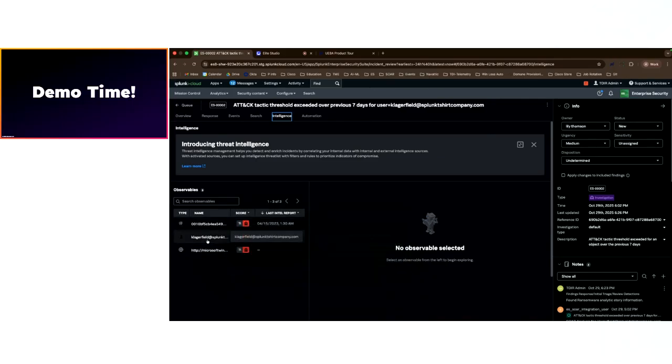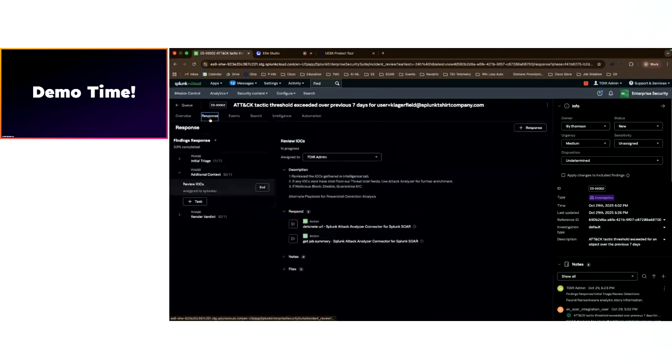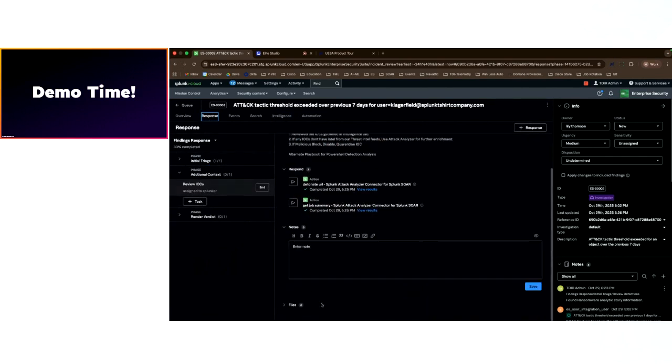We have the specific internal user K Lagerfeld, but then we have also confirmed by using the Attack Analyzer connector that the URL is indeed malicious as well. I'm not going to paste a note here with all of this information just for the sake of time and demonstration, but we all know,